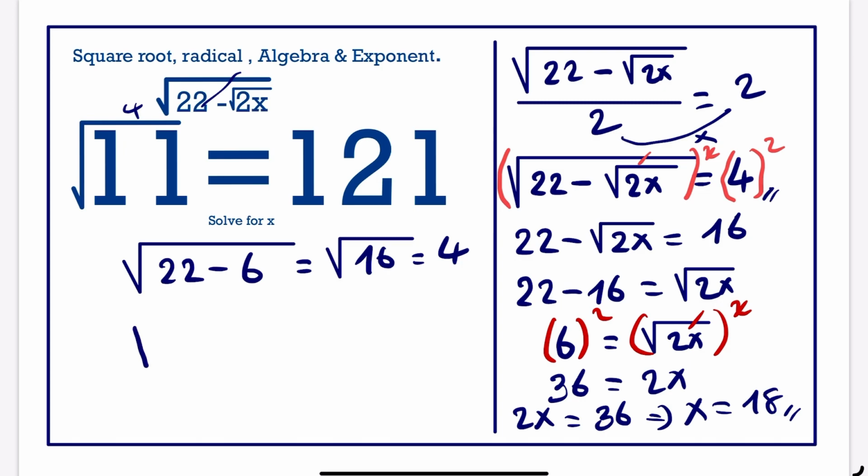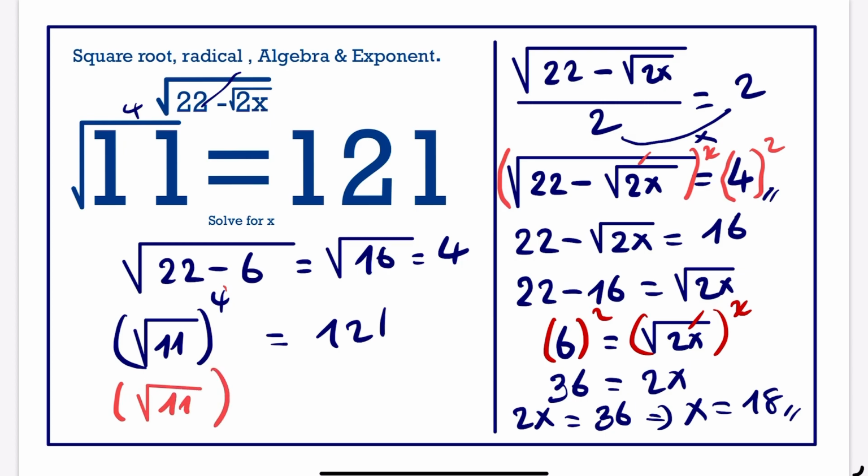So if we have root 11 to the power 4 should be equal to 121. Let's check it. 2 and 4 is a multiple of 2 times 2, so we can bring out 2 here. We can bring in 2 here and another 2, so that when we multiply it's still the same. Exponent laws, so 2 and 2 we cancel out. We'll be left with 11 squared,